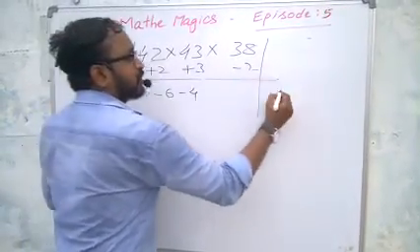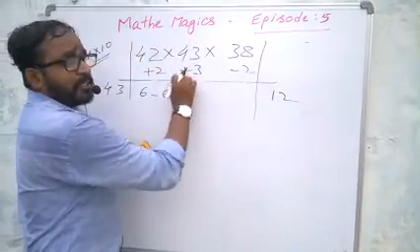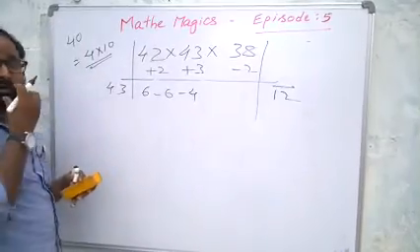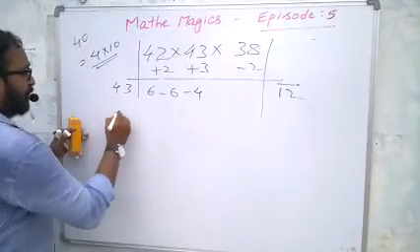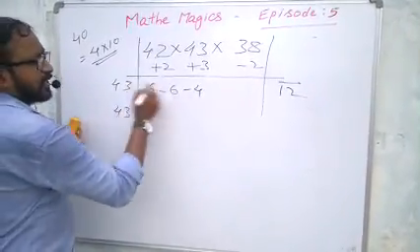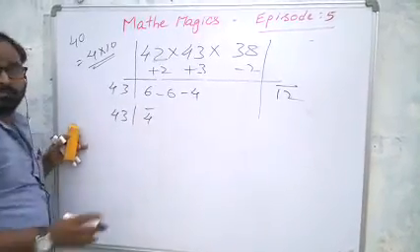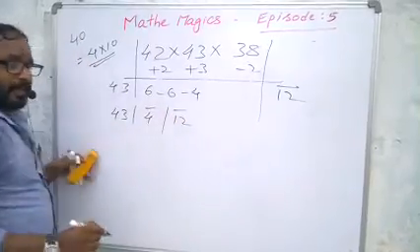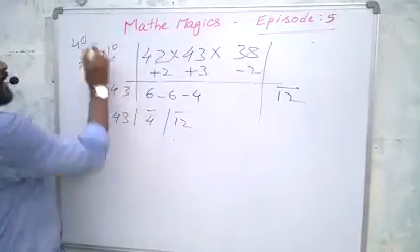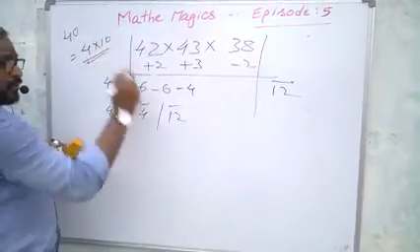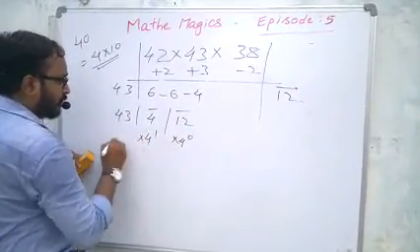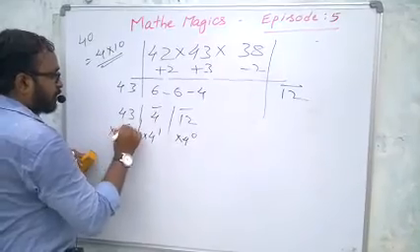2 3s are 6, 6 2s are 12, plus into plus, plus into minus, minus 12. So minus 12, in the sense, 12 bar. And now here 43; 6 gets cancelled; 4, that means because it is minus, write 4 as bar and 12 bar. That's it. And now here its base is 4 into 10, so multiply here with 4 power 0, here 4 power 1, here 4 power 2.